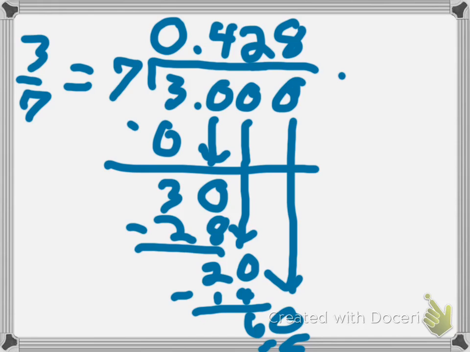I ran out of room there. My remainder would be 4. So I have 428 thousandths, and I could continue my